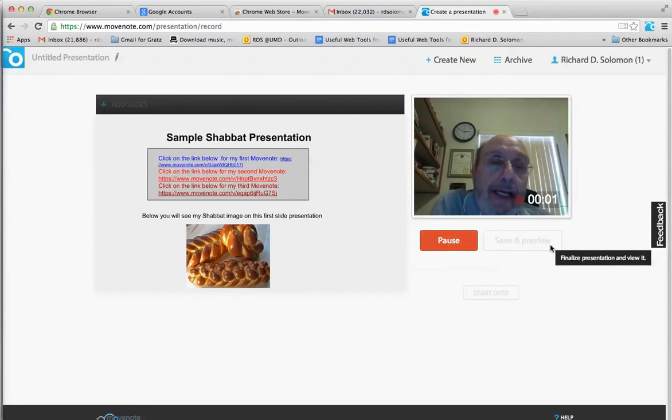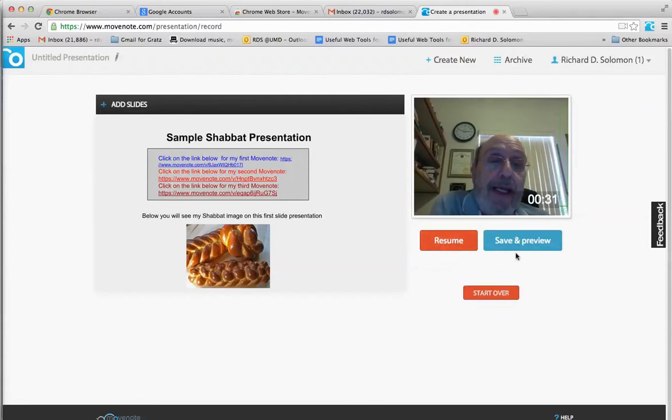And now I'm beginning to record this Movenote as an example of how you are able to add a Movenote onto your Google Drive account. Remember, you can also use this Movenote onto any of your files on your computer. So when you're finished, you hit pause and you can save and review it, or you can start all over. But let's say I want to save this. I click on save,